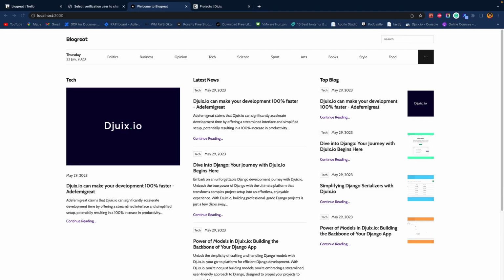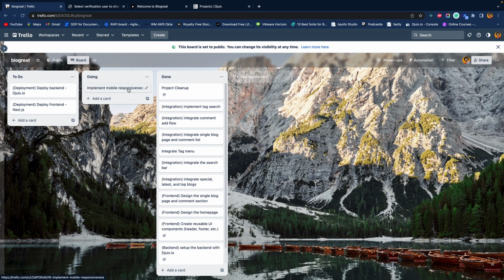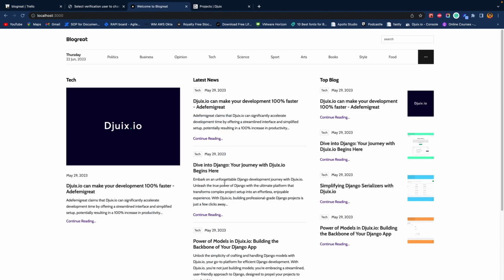Alright guys, we are back again, and like I said in the last episode, we are going to be looking at implementing the responsiveness. So if we come back to our Trello board, we are going to be working on implementing the mobile responsiveness, and we've dragged that to doing. And if we come back here, we can quickly inspect this page,